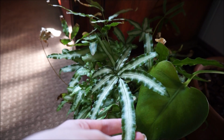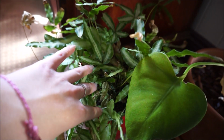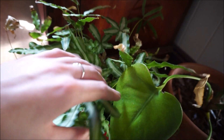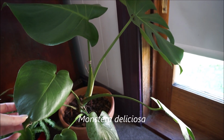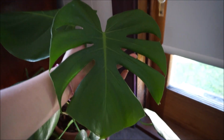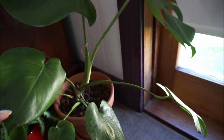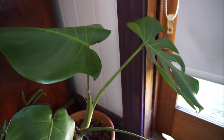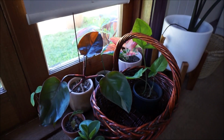My cousin gave this to me for Christmas, and I suspect that they put it in far too well draining mix because it dries out very, very quickly. And then this is my Monstera deliciosa, which has recently put out its first split leaf, which is very exciting. Yeah, it grows surprisingly well here considering it does not get any direct light. Alright, then over here,